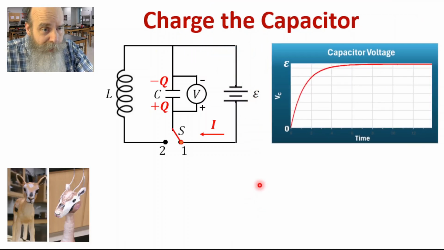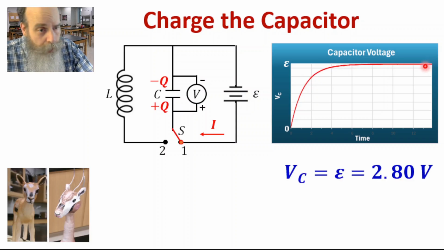Here is a plot of capacitor voltage versus time. At the beginning, when t is 0, the voltage across the capacitor is 0. As current flows and charge accumulates, the voltage increases until it reaches a maximum value, which is equal to the EMF of the batteries. In our experiment, that final potential difference across the capacitor was equal to 2.80 volts. After the capacitor is fully charged, which takes less than a second for our experiment,